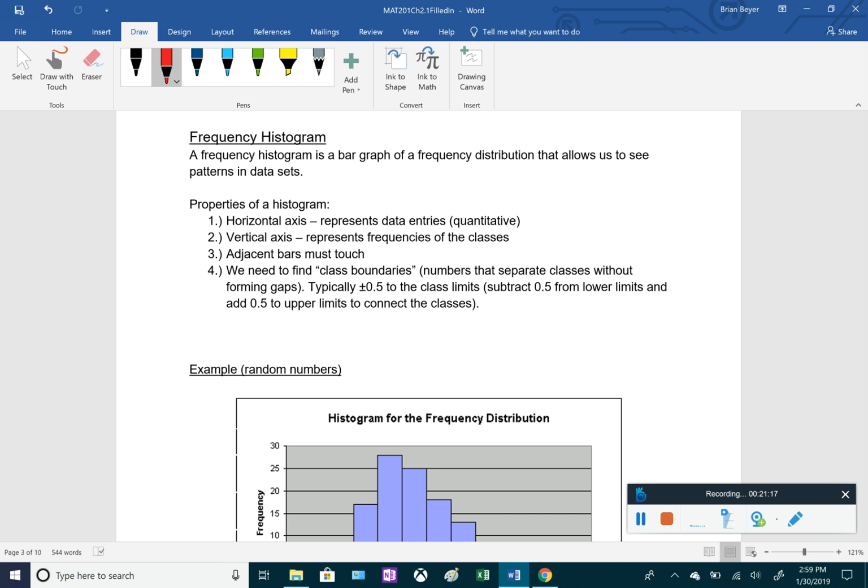And a couple of properties here for the last two. The adjacent bars must touch each other. So they have to be touching, which means the horizontal axis is going to be a continuous flow of numbers. It's not going to be chopped up. And the last thing here, for the fourth one,